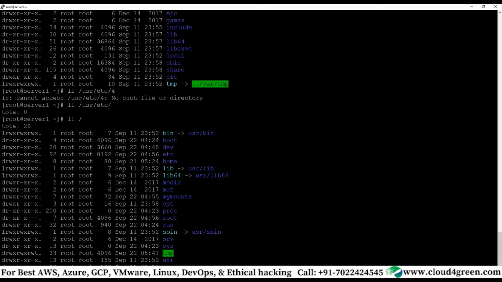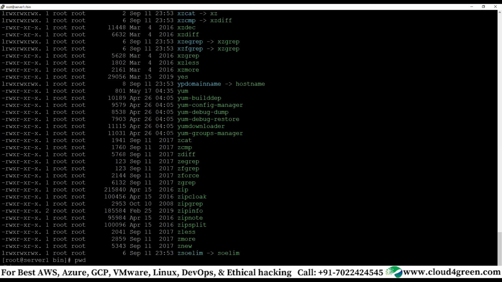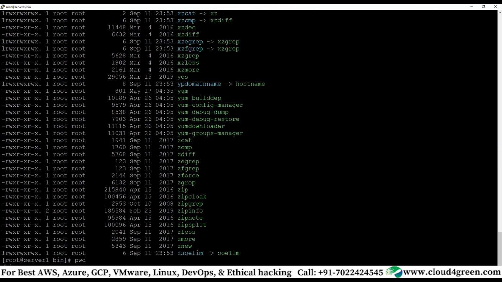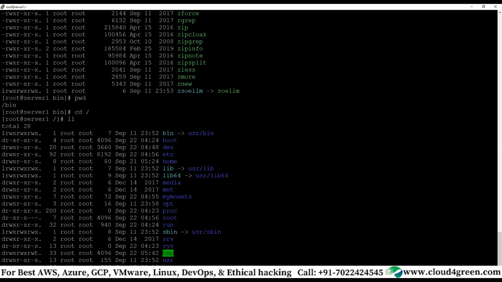So all the executable files which a normal user can execute are stored in /usr/bin, or you call it /bin. If you do cd /bin, you are basically in /usr/bin, same files, correct? So bin is basically executables.